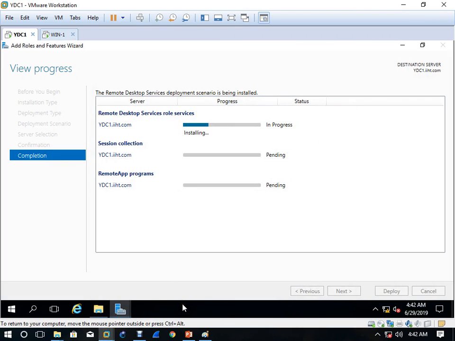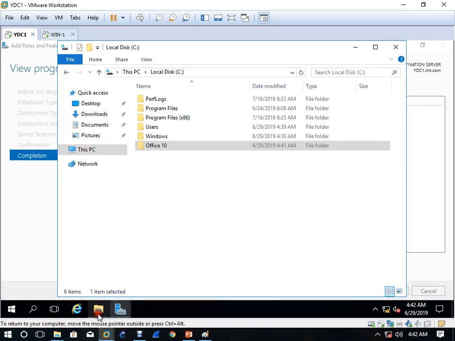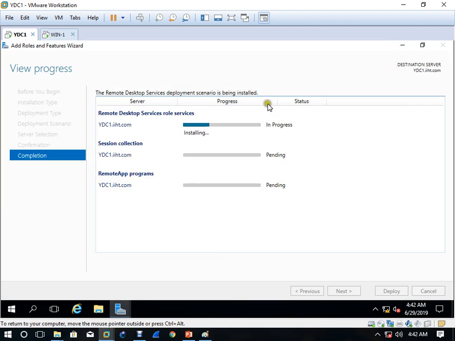Now wait. Okay, so now what I did, I copied MS Office here, as you can see. I'm just installing the service. After the service installation, we'll...